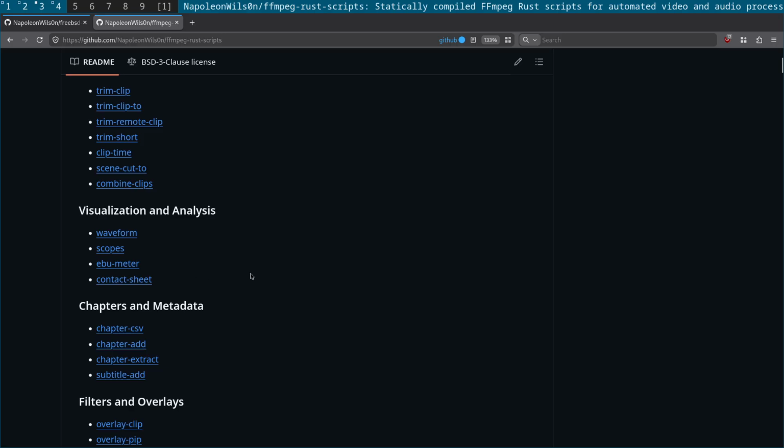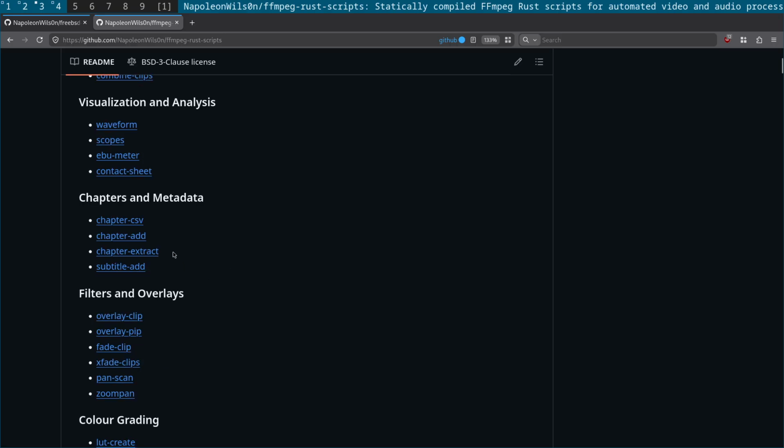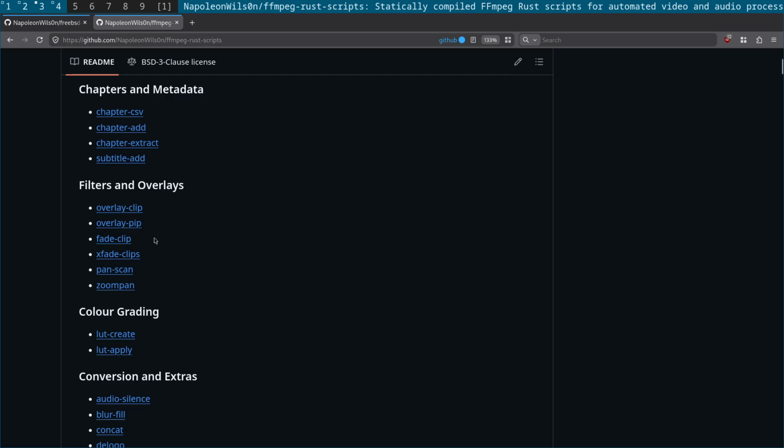You can create a contact sheet. You can add chapters to a video using a CSV file. You can extract chapters. You can add subtitles, all without re-encoding. You've got filters and overlay clips, like adding B-roll, picture-in-picture, which creates a little picture-in-picture. Fade clips, to fade a clip, you've got xfade clips, which allows you to combine multiple video clips with different fades in between them. You've got pan scan and zoom pan, which are like panning and scanning over images